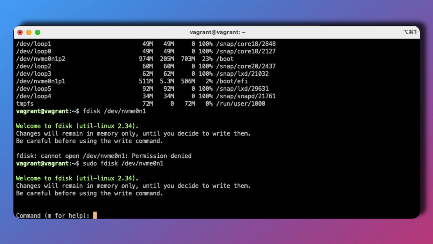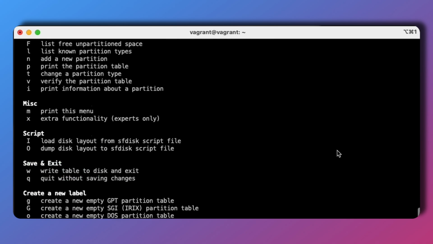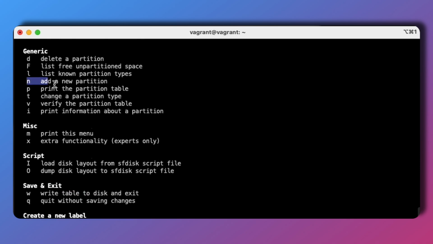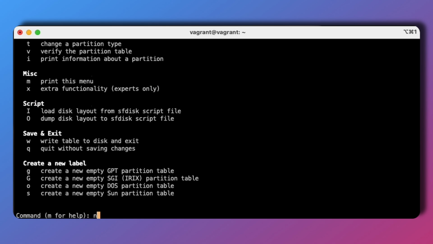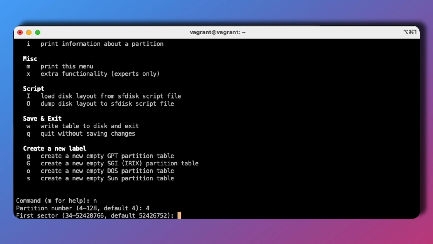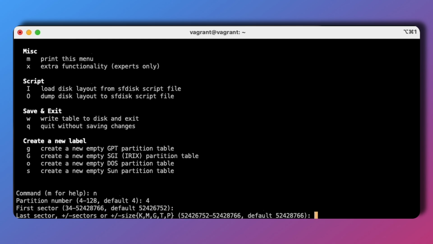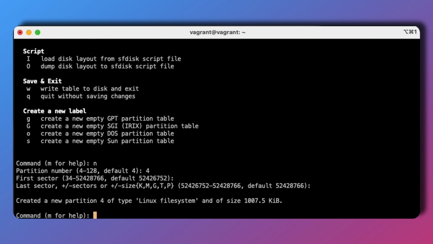I will run the fdisk in the sudo mode, and now I'm just selecting the specific options for our partition. So the default partition number will be 4, then I'm just pressing enter because Linux will automatically select the first and the last sector of the cylinder, and now we can see that the new partition type was created. It's a very small partition in this specific case, and we press W in order to save the operation, and now when we run